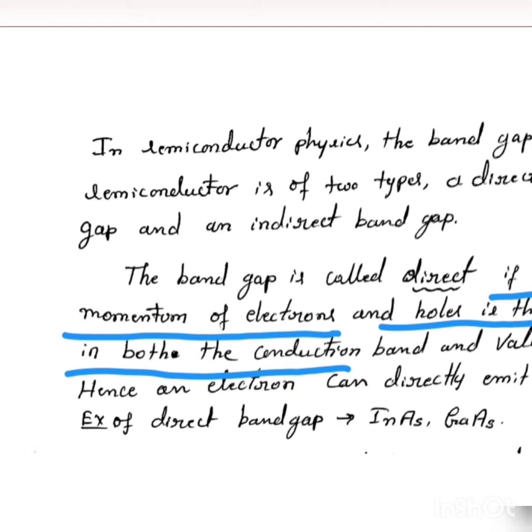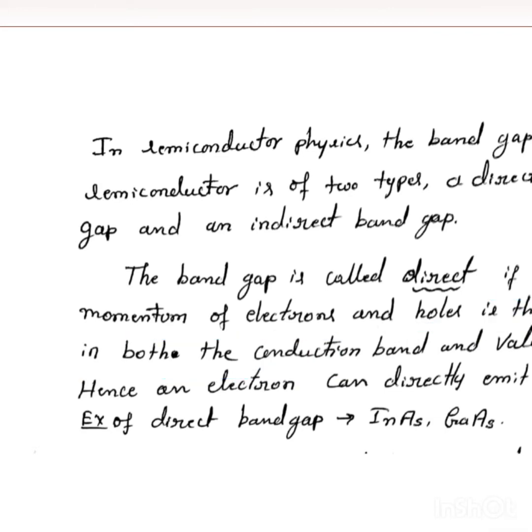And then what is an indirect band gap semiconductor? The momentum of electrons present in the minimum of the conduction band and the maximum of the valence band have different momentum. If the momentum of electrons in the conduction band and valence band are different, then it is an indirect semiconductor. So what they are telling is,